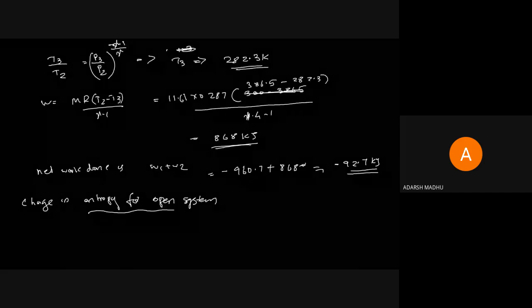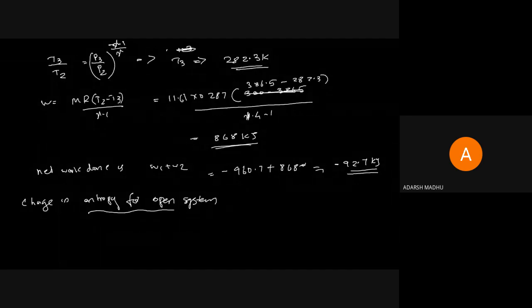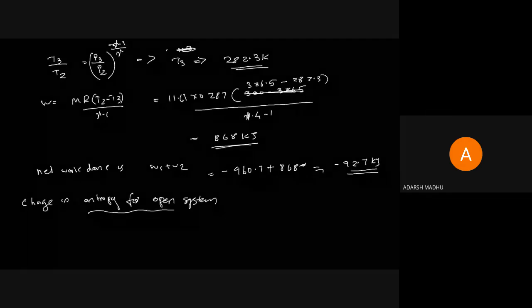So we have studied the change in entropy equation for a closed system, right? What is the comparison between closed and open system? For an open system, mass is additionally transferring. In a closed system, mass is not transferring, only energy is transferring. So additionally, we need the change in entropy due to mass. We found the change in entropy for heat transfer only for a closed system. Here we want to find the extra mass transfer also, so the equation will become different.